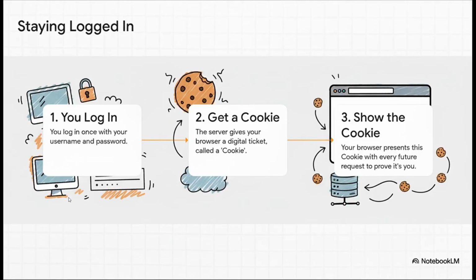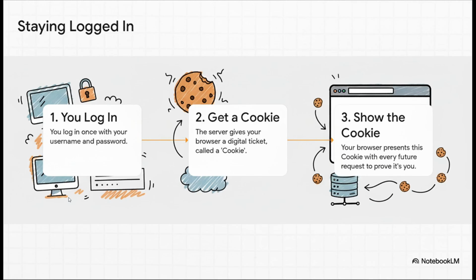So how does this actually work? Well, it's basically a simple 3-step dance. Step 1, you log in once with your username and password. Pretty standard. Step 2, if you get it right, the server gives you a little digital ticket. This ticket is called a cookie. Step 3, now for every single request you make after that, your browser automatically flashes that cookie at the server. It's like your VIP wristband, proving it's still you,